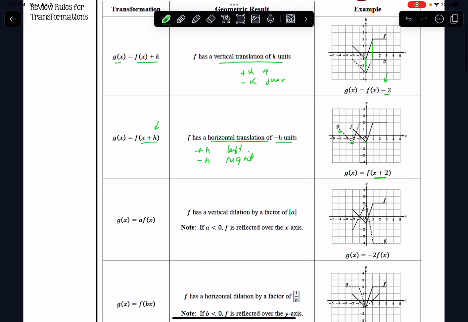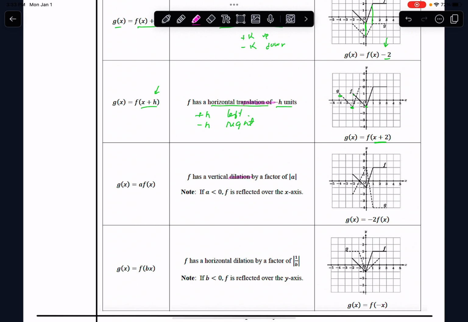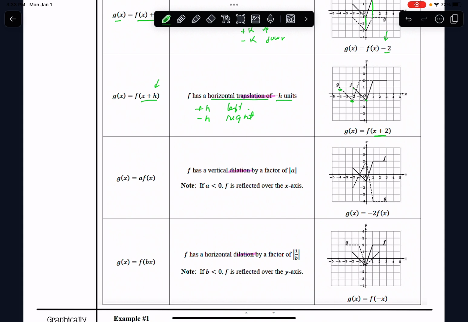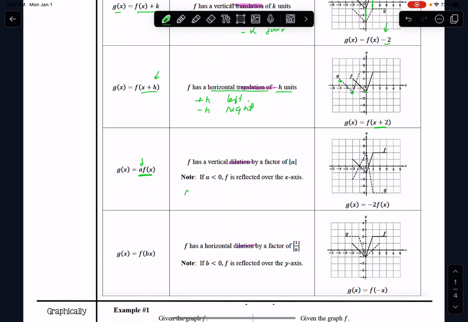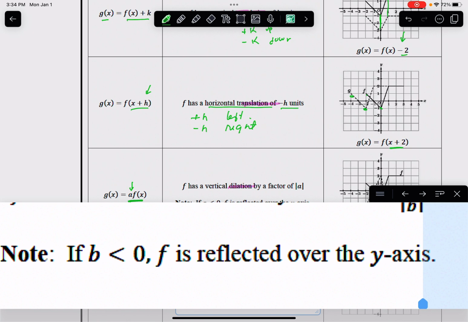Those were translations. Remember that word, translation. Now we have dilations, and we have vertical and horizontal dilations. Vertical dilations are the easiest one. You would multiply by a factor of a, whatever coefficient, and if a is greater than 1